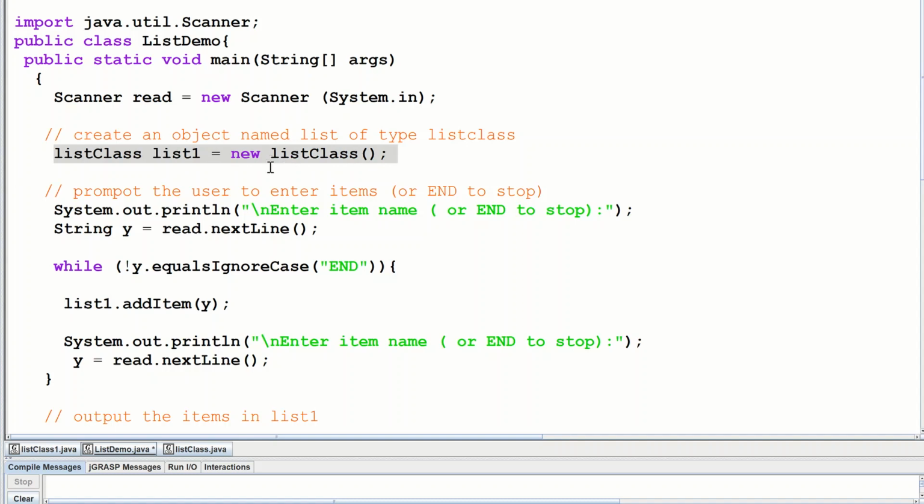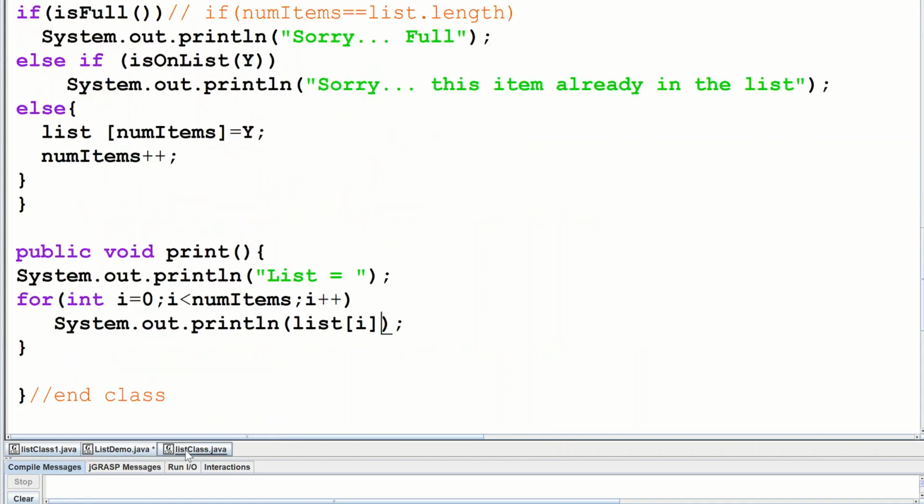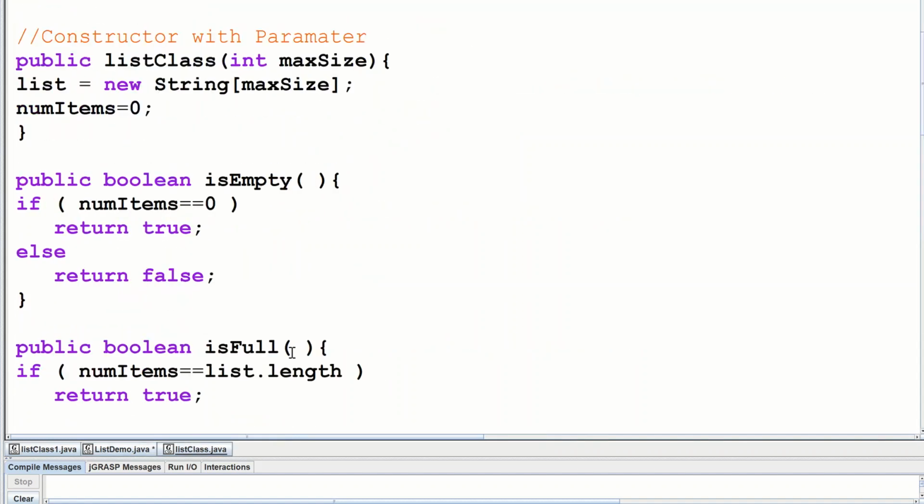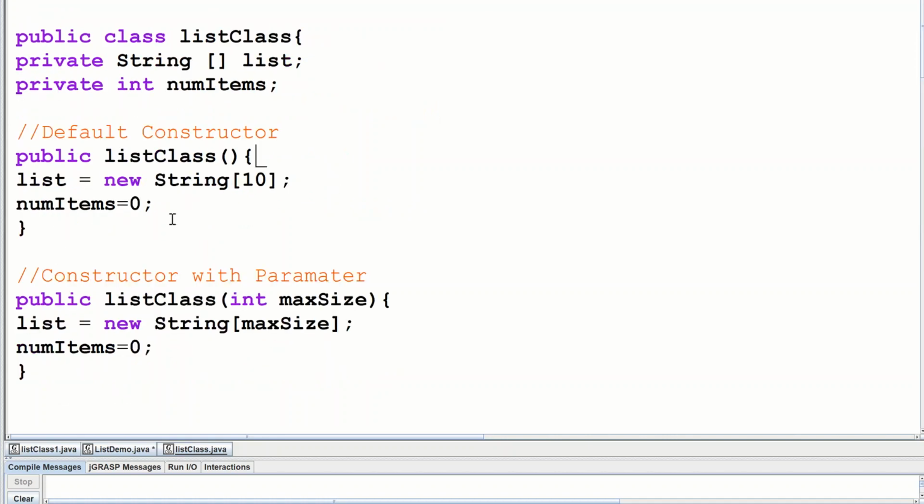Now this statement will use the class we have just written, and it will create the object with the empty constructor because here we have no values. So it will go there and it will call the default constructor. So if we draw it,